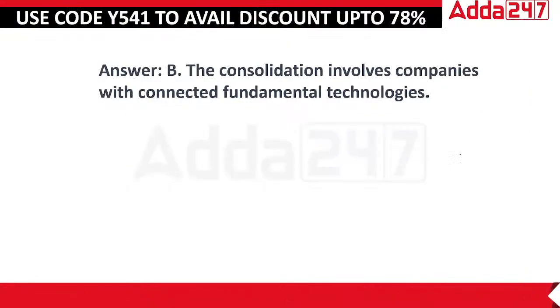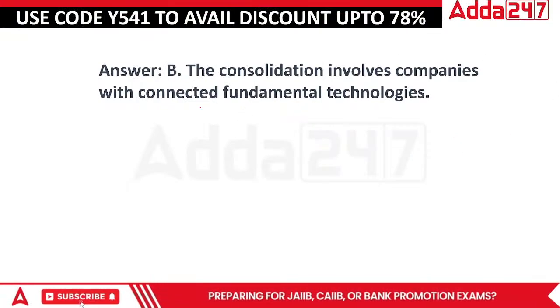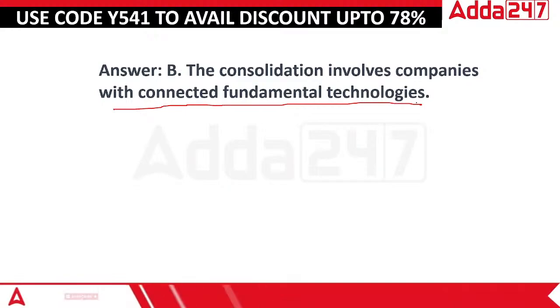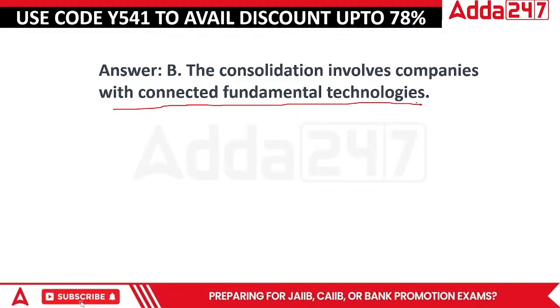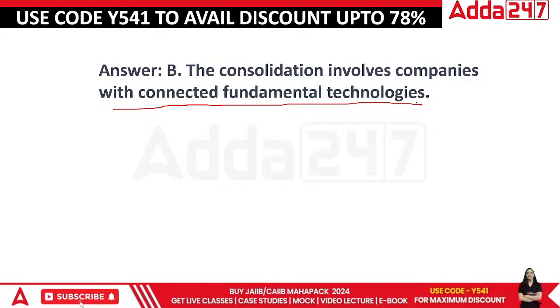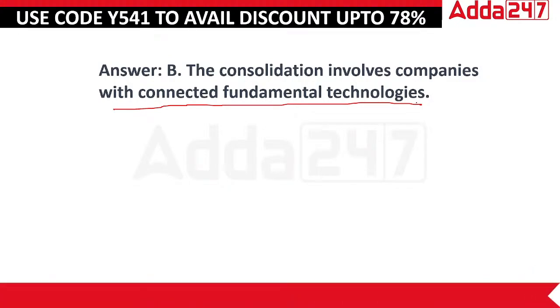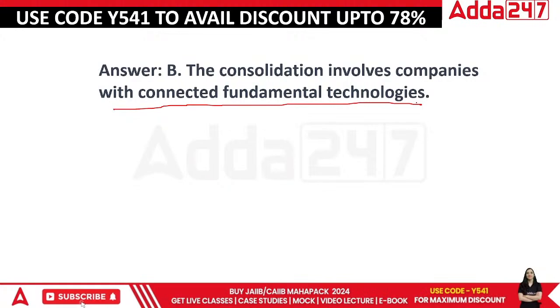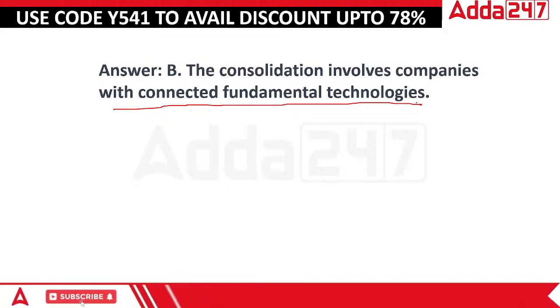Conglomerate is basically the consolidation of companies with connected fundamental technologies. You had some technological presence, which is good. The technologies of one company are so good that the other company wants to acquire it. अच्छा मतलब वैसे तो this is not happening, but let me just tell you. पता है the person, I forgot the name, who is the CEO of